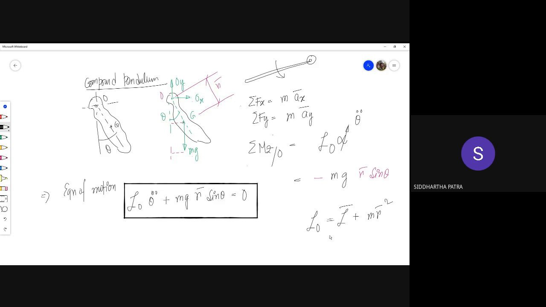Are you familiar to this expression? Parallel axis theorem? Yes, sir. हाँ सर. Okay. In case you have a doubt,